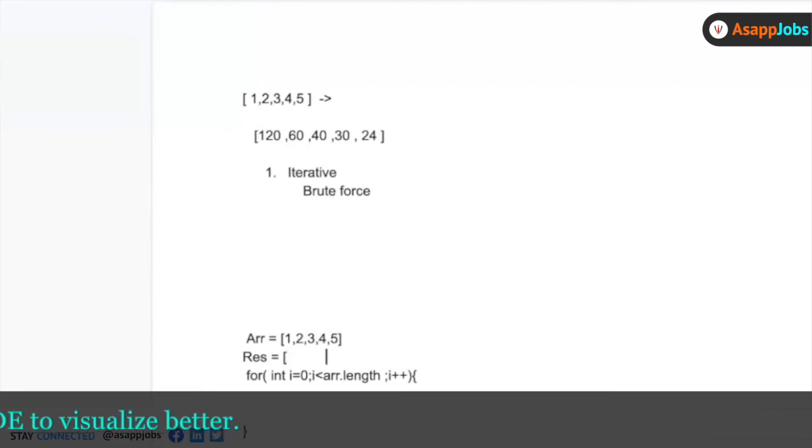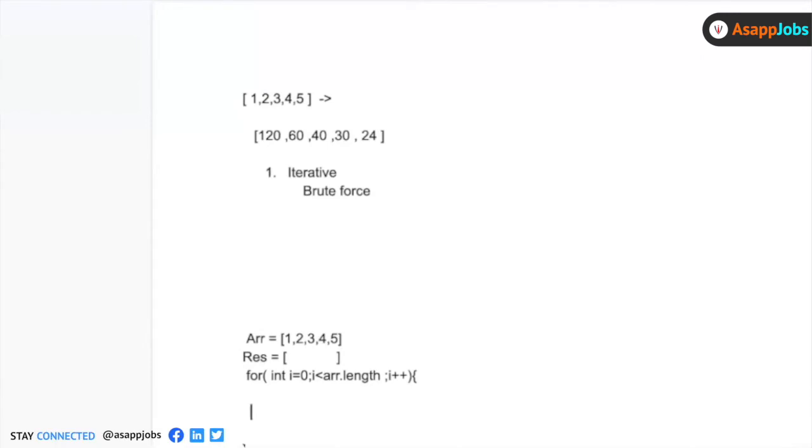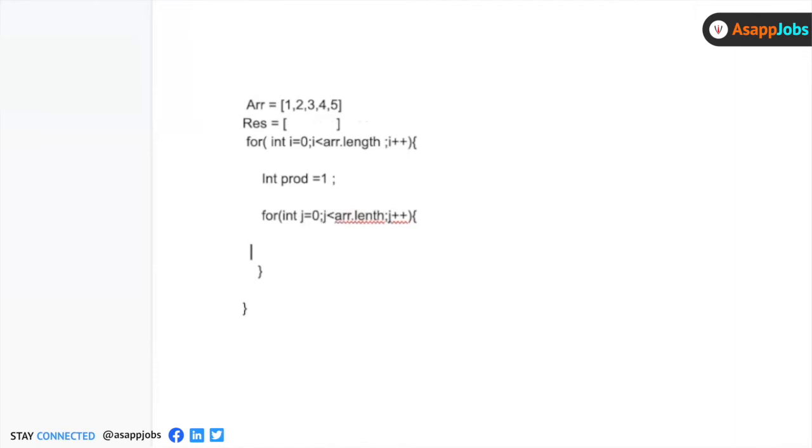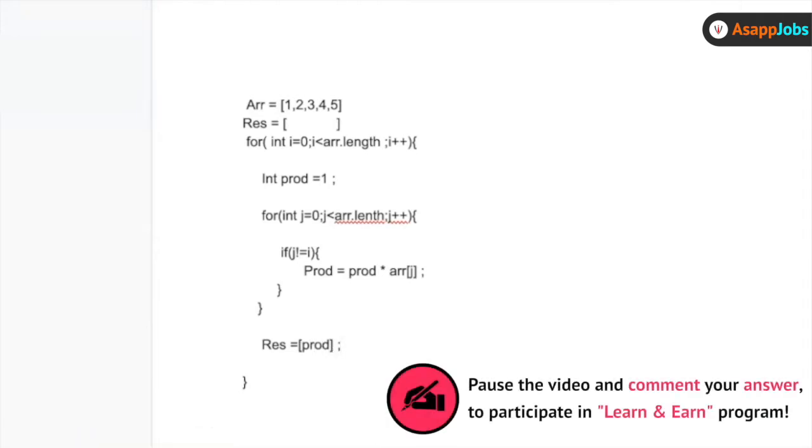So I just created a result array here, and I create another variable, int prod equals to 1, and then for int j equals 0, j less than array.length, j plus plus, and in this case j is not equal to i, what I do is multiply. So this is the brute force way of doing it.